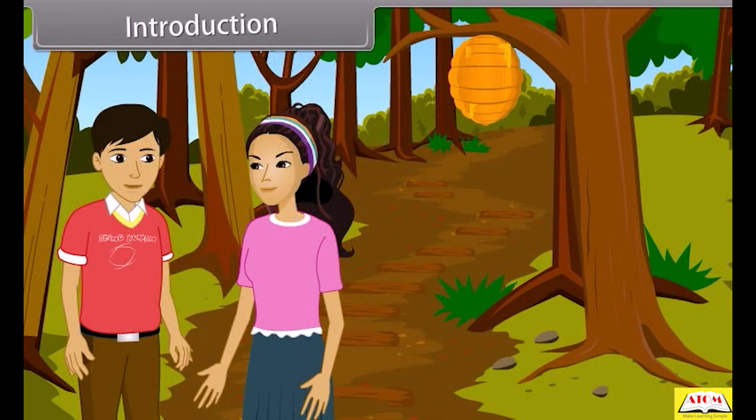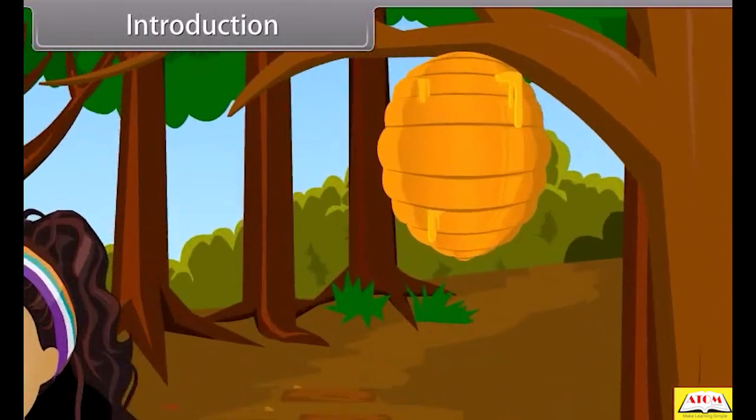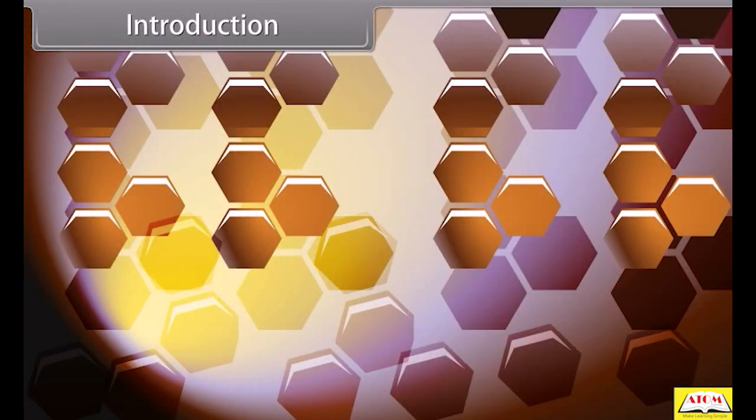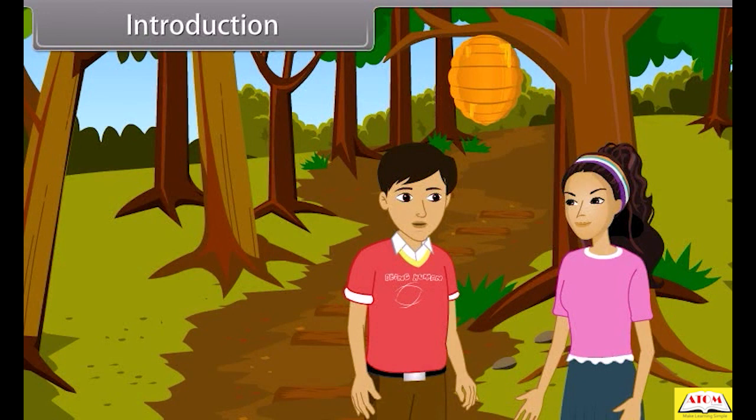Introduction. See those holes on honeycomb. Yeah, how beautifully the bees make honeycomb. Have you noticed the holes in that? They're in a pattern. Hey, yes, they form a pattern. In nature we can find so many things with patterns. Things like,